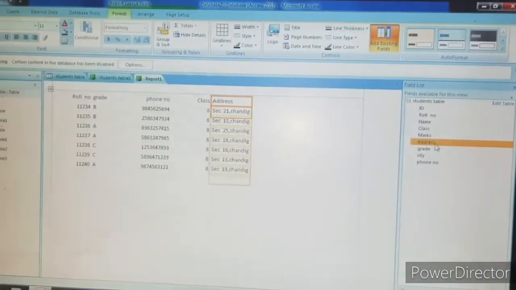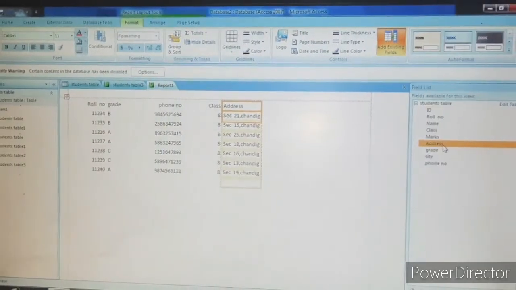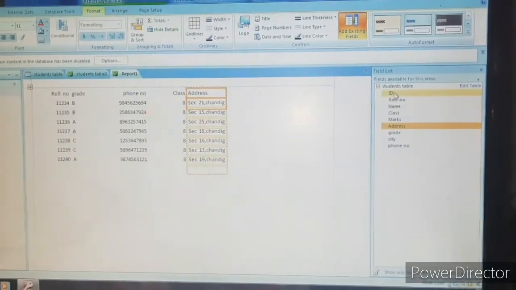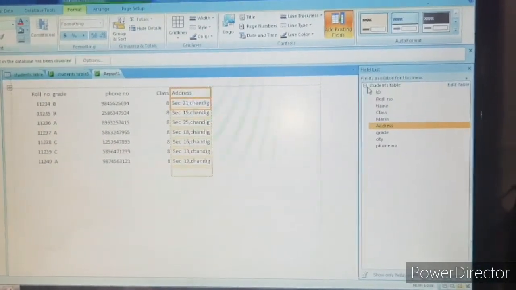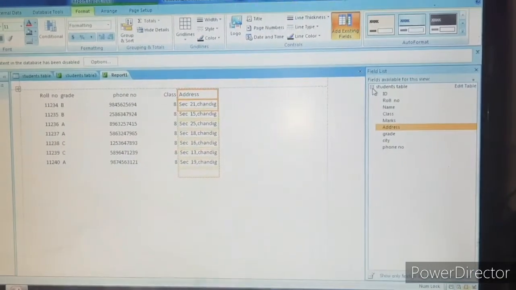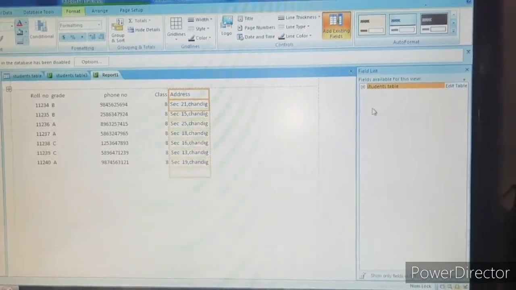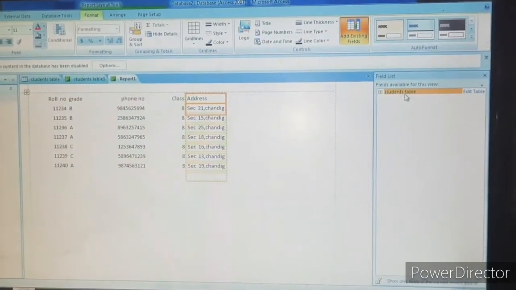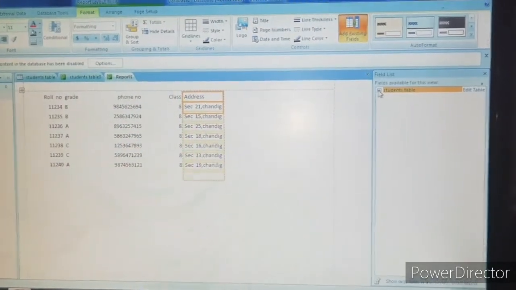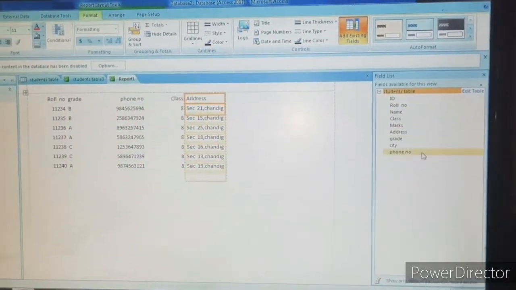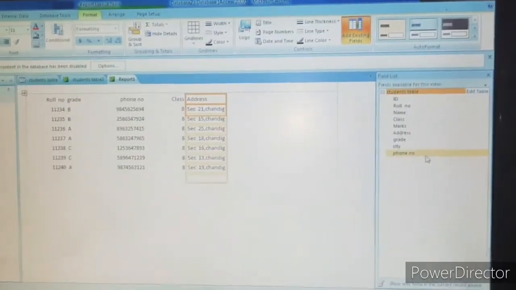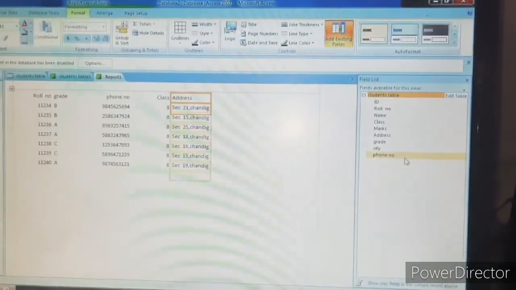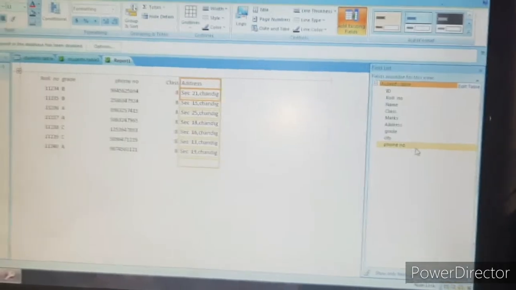By using the report wizard you can create, or else by using this blank report also you can create your fields, children. If you have more tables, here we will get the plus symbol. Here we are getting minus, no, children. We will get the plus symbol. If you click on that, you will get some tables or queries. We have only one table, so we are getting only one. If you click on this plus, you will get all the fields that are there in that table. Those fields you can see there. You just double click on it, then you will get that field in your report, children.